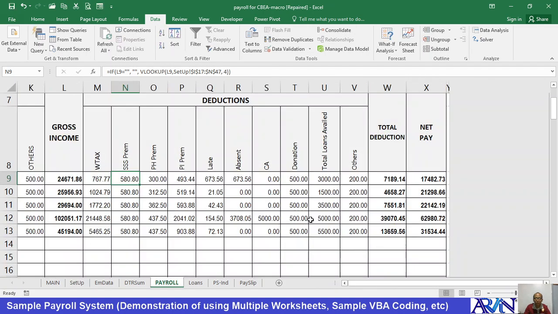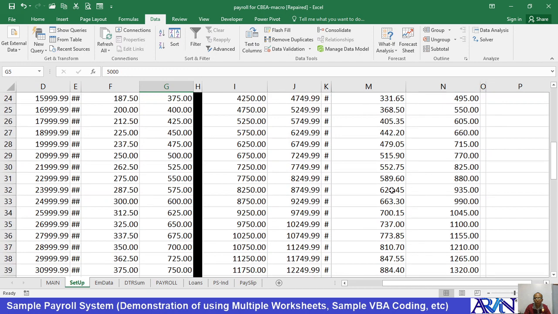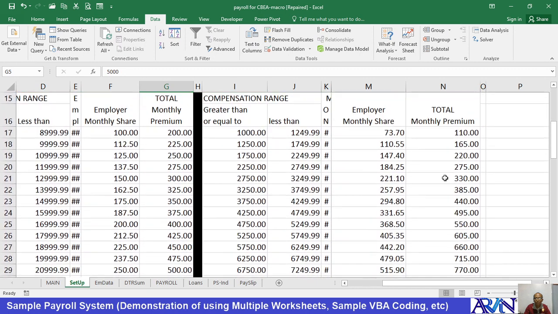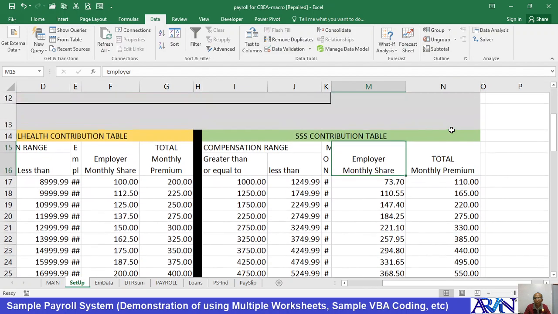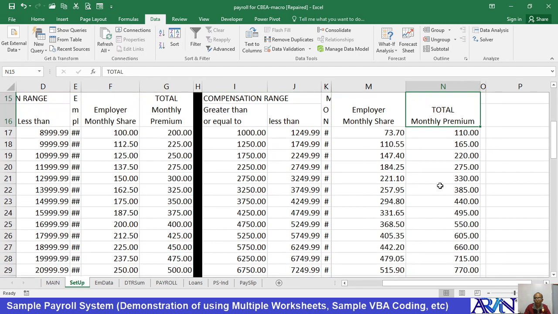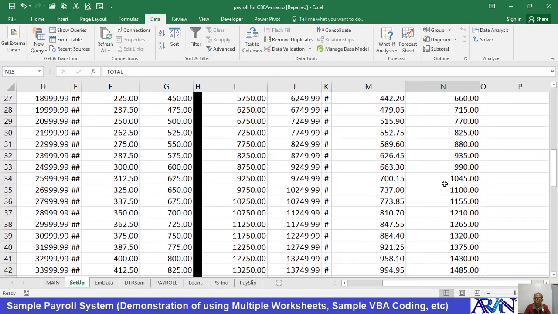So here, for example, 580.80. Where is 580.80? Take note, I have here the employee monthly share and monthly premium. So this is the basis for the